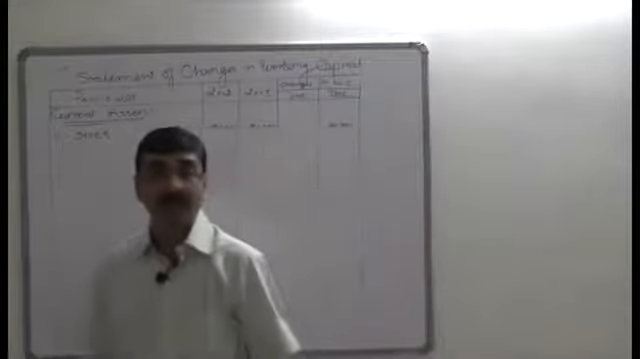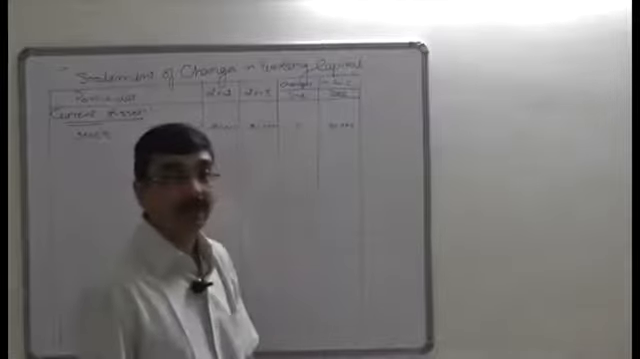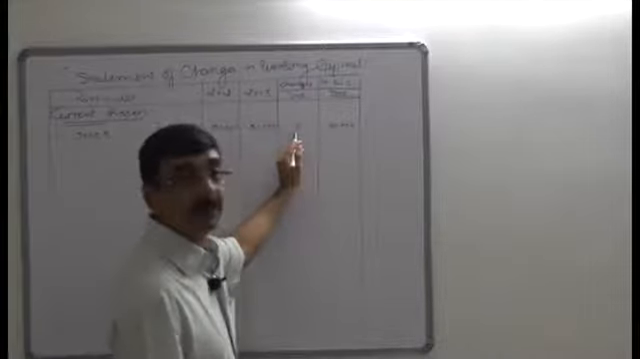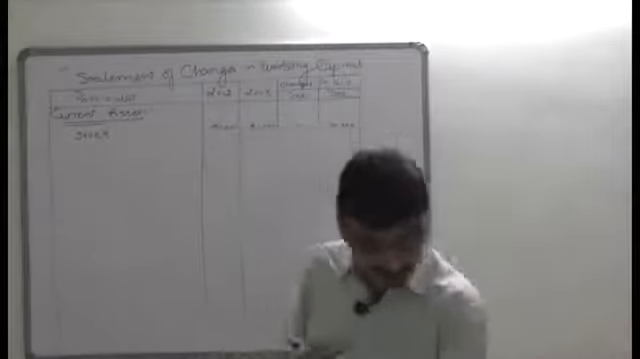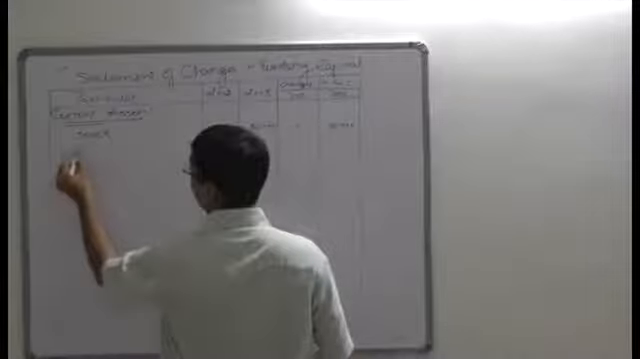If the current year current assets is lower than the last year, it's always a decrease of working capital. Reverse, if the current year current assets is higher than the last year, then it is an increase of working capital. Alright, so these are the formulas for current assets. Now see, after stock, next is debtors, and the debtors value